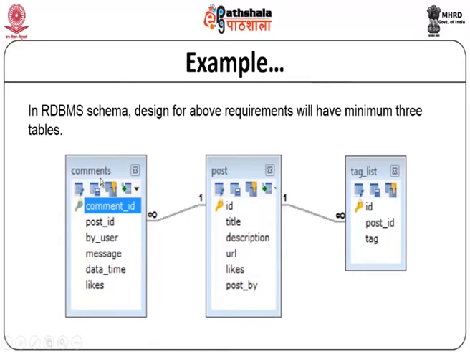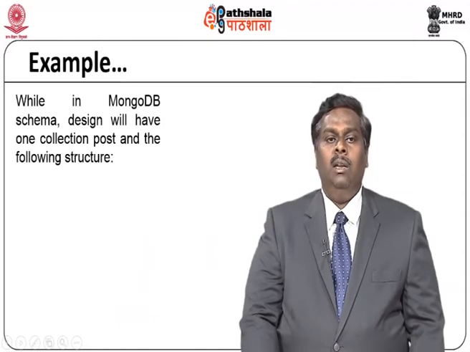So, the comments may be identified using a key called comment ID, followed by a post ID which is a foreign key from the post table. Comments are associated to a user, the message related to the comment, the time at which it was given and the likes. Post is associated to a title, description, URL, likes related to the post and who posted it. Similarly, tags may be used for indicating various posts. So, in an RDBMS environment you require a minimum of 3 such tables for developing the given scenario,